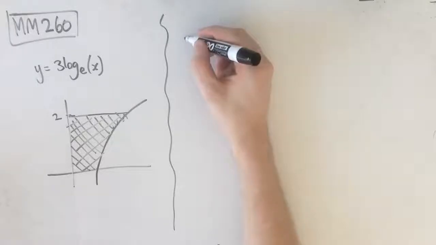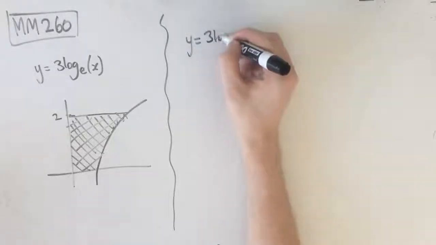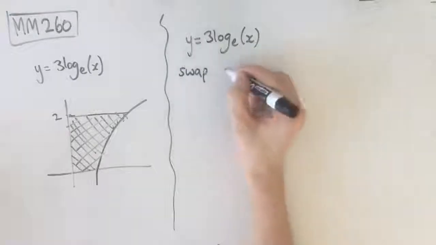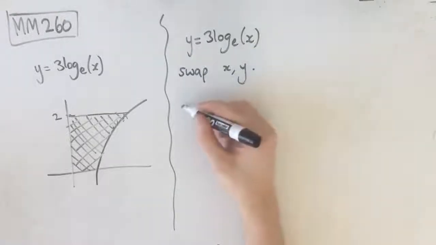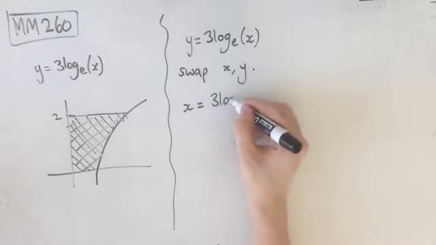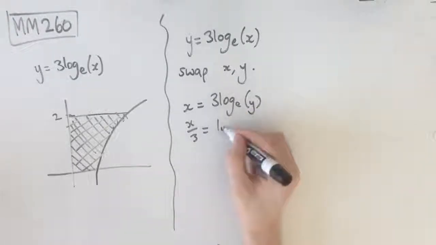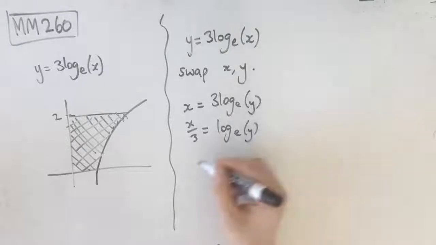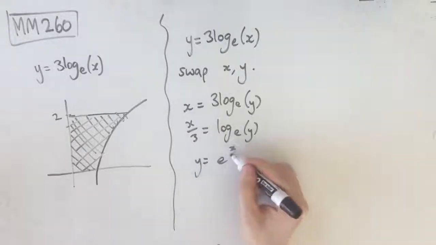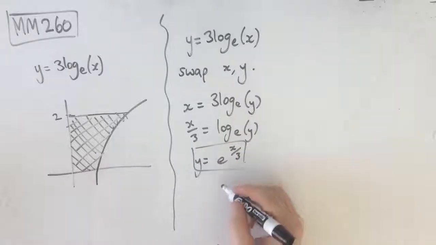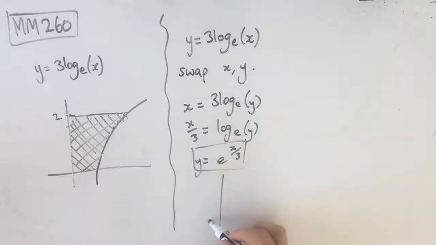So we know that y is equal to 3 log e of x. So to find the inverse, we swap x and y, and then solve for y. So we get x is equal to 3 log e of y, x over 3 equals log e of y, and then rearranging this, we get y equals e to the power of x on 3. So y equals e to the power of x on 3 is our inverse, and our inverse, like that, looks something like